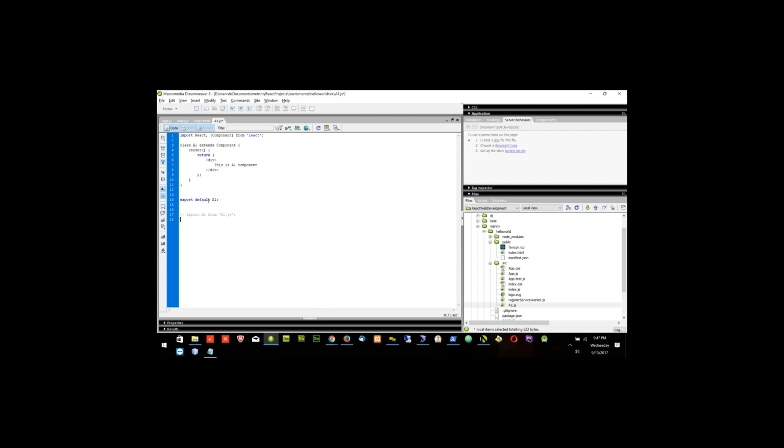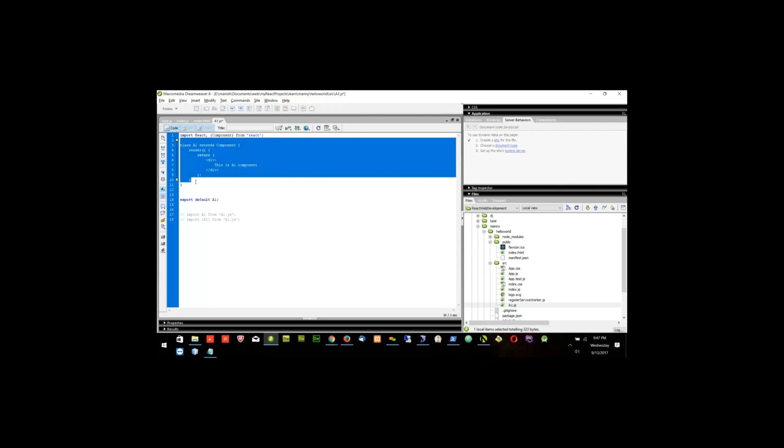Because default is there, I don't need to put the curly bracket here. Let's say tomorrow I don't have default, I am exporting without default, then I have to import with curly brackets: A1 from a1.js. So if you have multiple classes in this file, class A1, class A2, class A3, and